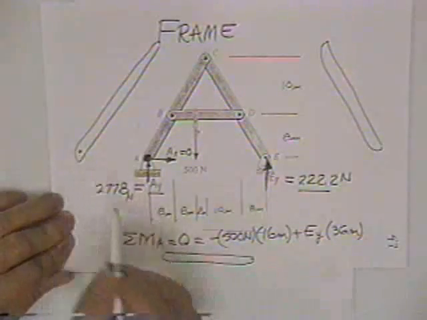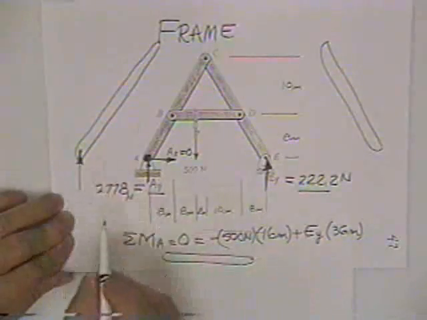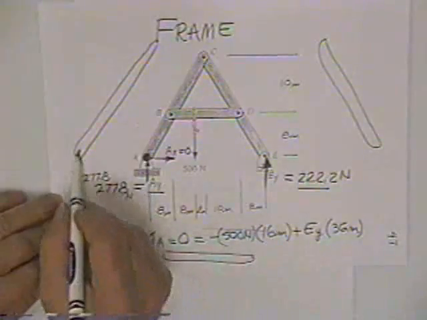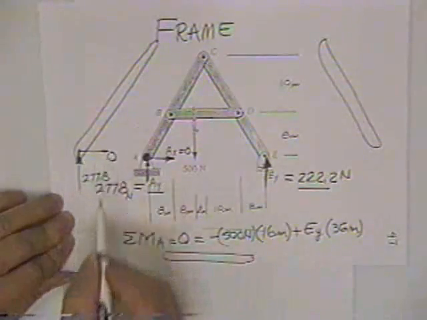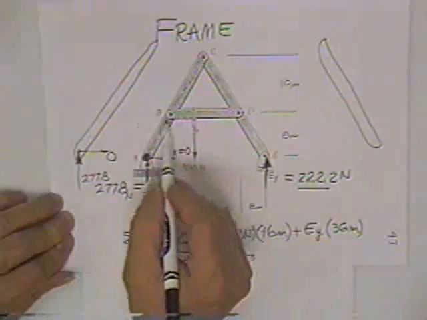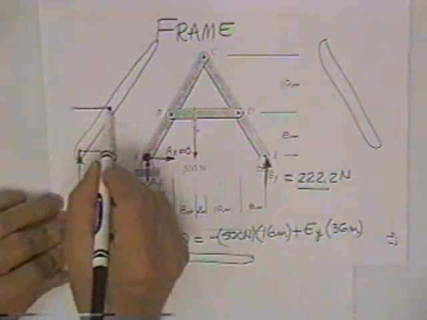And this member has already had a few things solved. This is 277.8. This is 0. However, by separating these two members, you have opened up a pin, and there is the